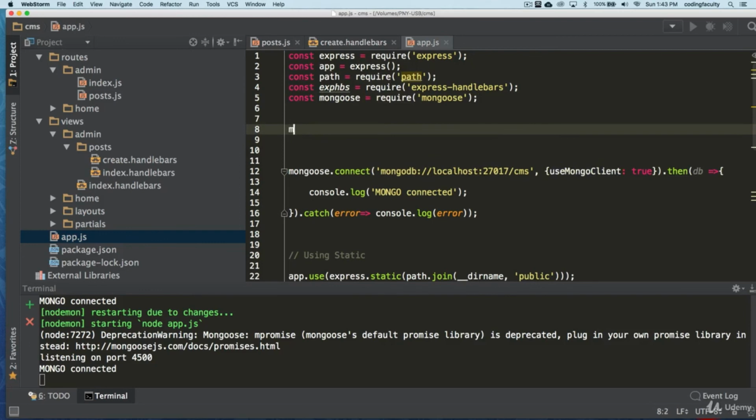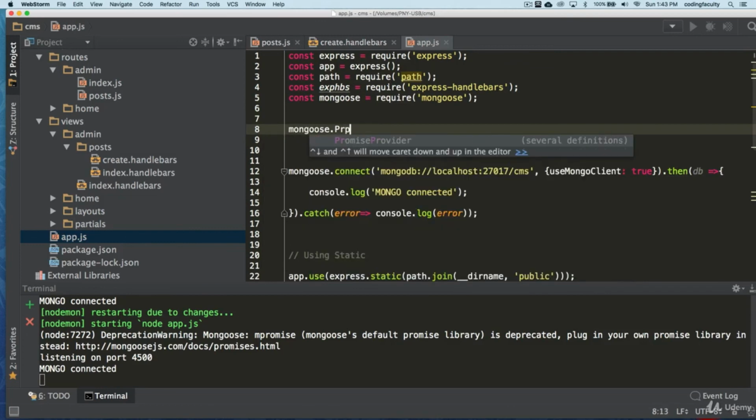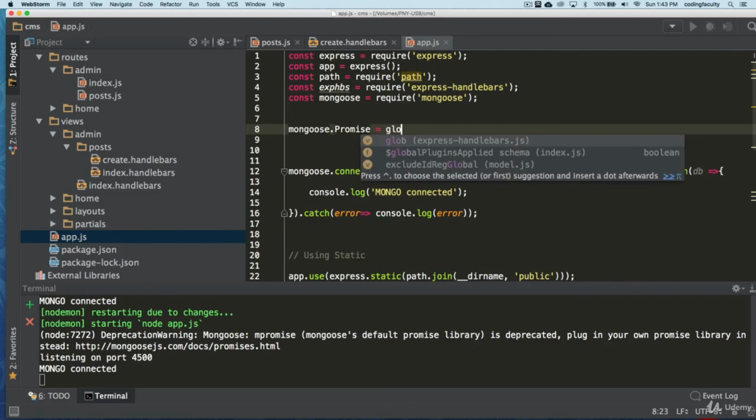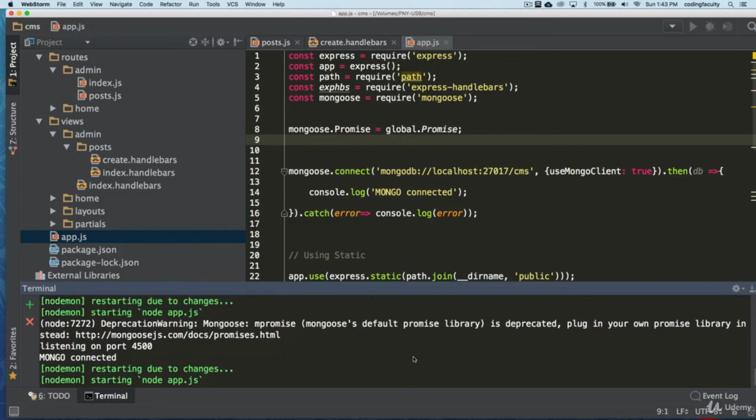We need to say, Mongoose, I want you to use the global promise that ES6 offers us. This global object has the default promise library, and we are assigning that to the Mongoose promise. That way we don't have this error anymore. See that? It says plug in your own promise library. That's what it's saying there.